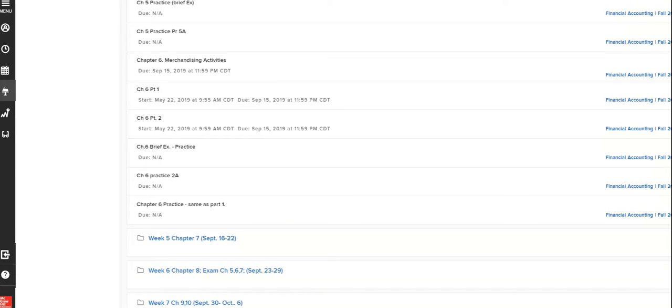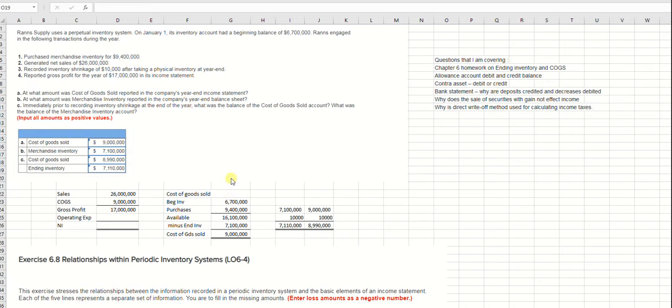Go back to the Excel spreadsheet. Okay, so the first thing that I want to do is talk about cost of goods sold and ending inventory. My suggestion to you would be to set up an income statement, and you should know this. You should be able to just type out an income statement really quick. So sales minus cost of goods sold gives us gross profit, minus operating expenses gives us net income. Income statements go on down with taxes, etc. But for this class, this is pretty much what it is. Sales minus cost of goods sold is gross profit minus operating expenses equals net income.